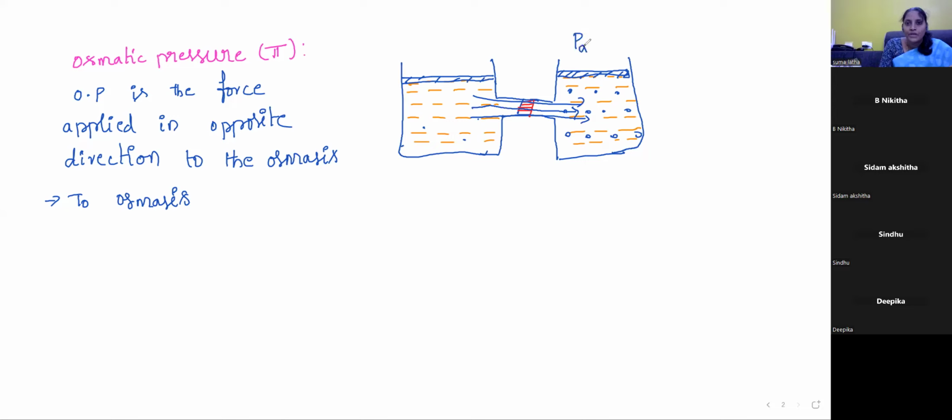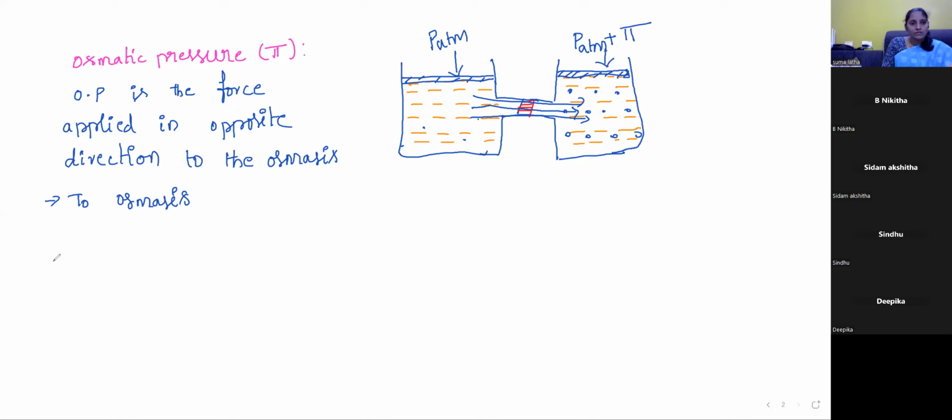Here, see, P atmospheric, atmospheric pressure, along with this osmotic pressure. This is pi, which is osmotic pressure. Here only atmospheric pressure we are applying. Here we are applying both atmospheric pressure along with the osmotic pressure. So what will happen? The osmosis process is going to be stopped after attaining equilibrium. Okay. So if you go to check its properties,